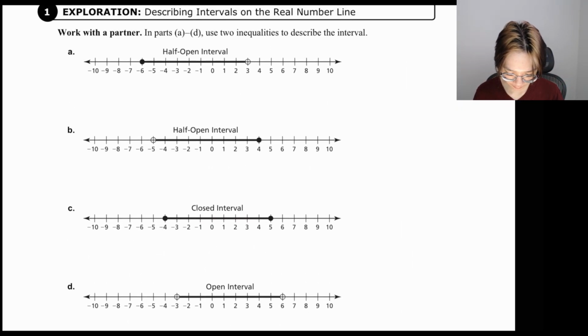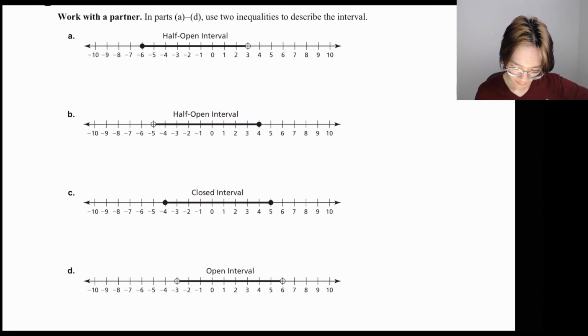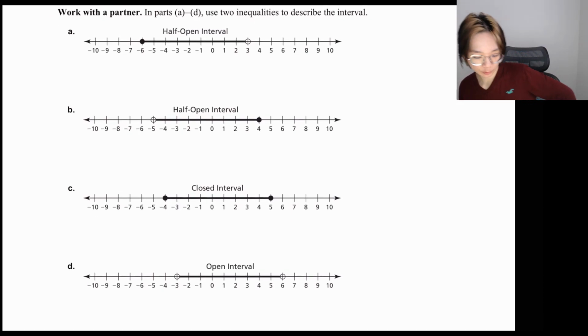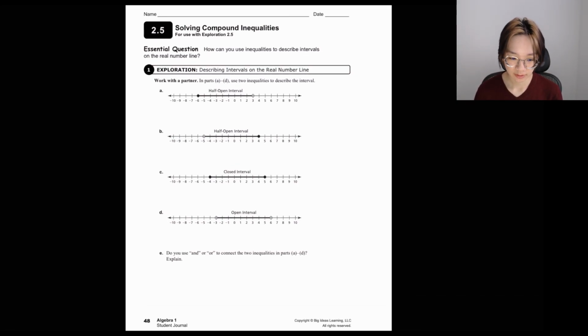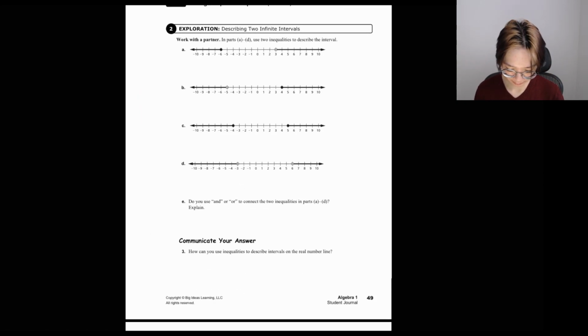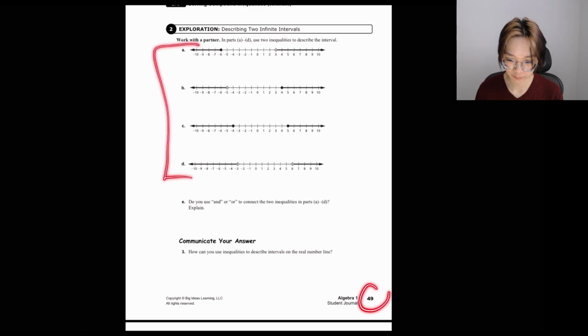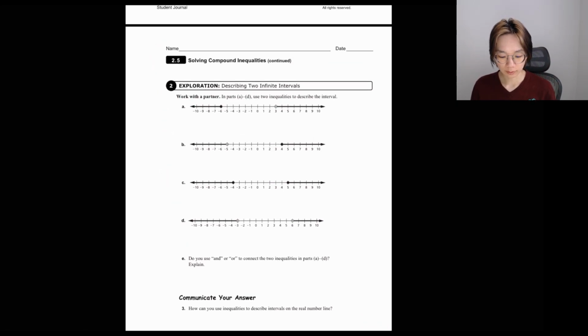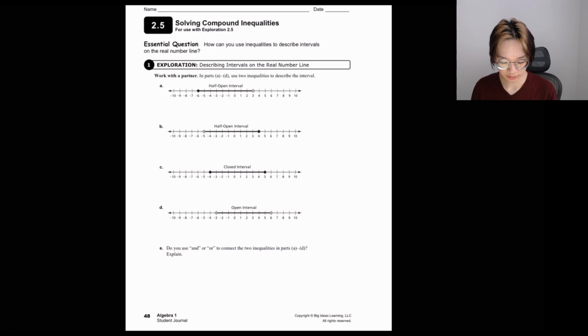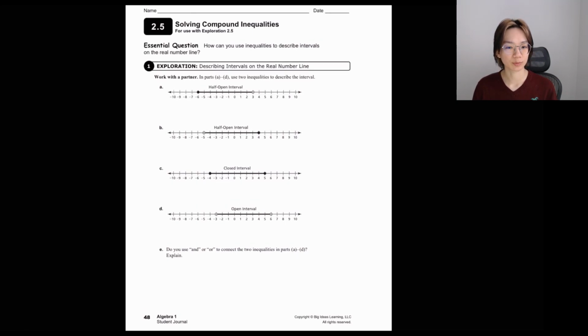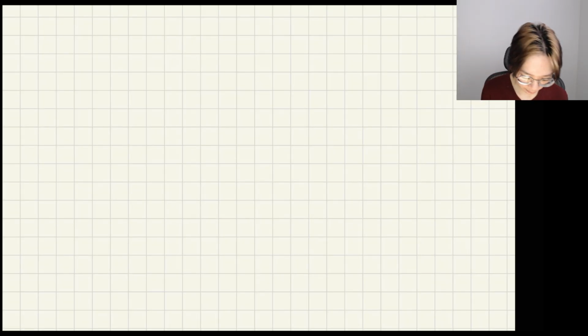So, how I did this lesson, we're going to be trying something a little bit different, where we went to our student journals. For these 8 problems, A through D on page 48 and A through D on page 49, you are supposed to see if you can figure out what the 2 inequalities are supposed to be. If you remember from doing inequalities,